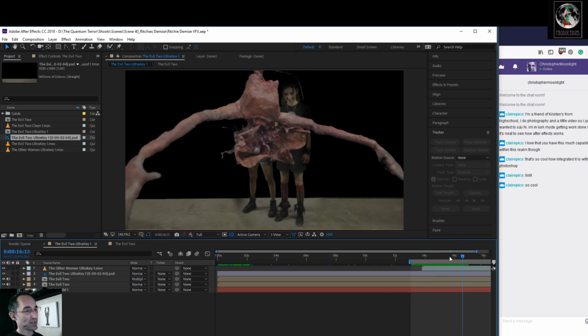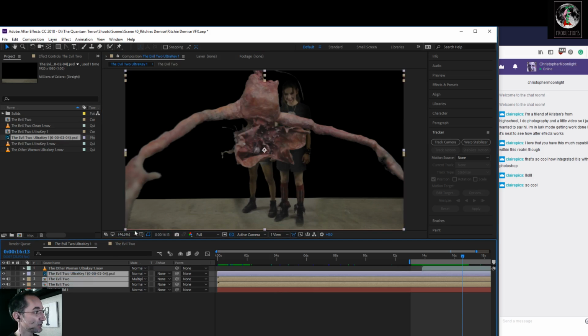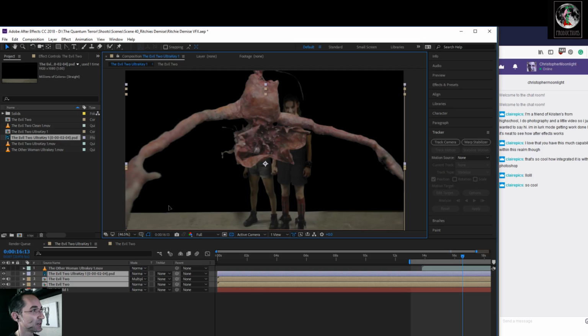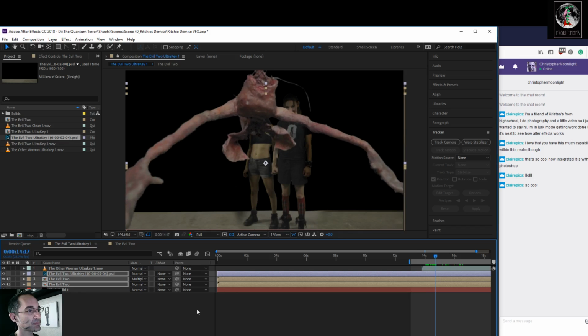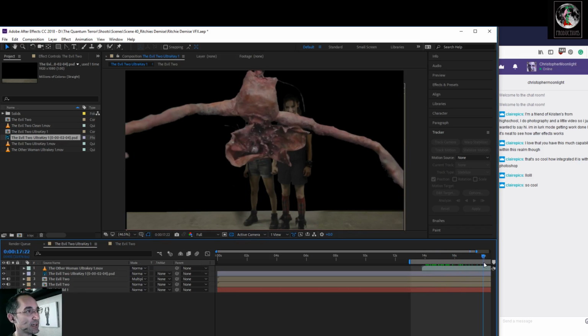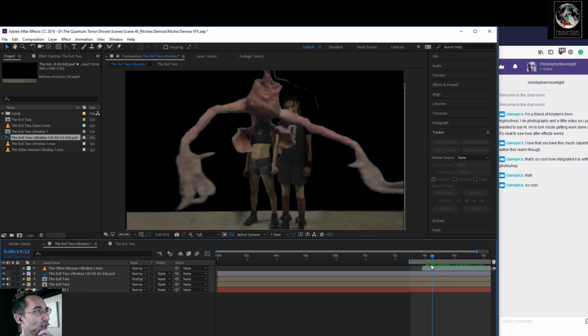So there's some basic color correction going on here. I'm going to do another interesting thing. I want to drag these two down. Oops. Let's include the background. I want them a little lower. So you get the basic idea, and we'll work on more blending them into the scene when we have the final background.